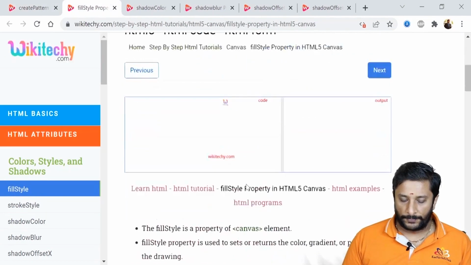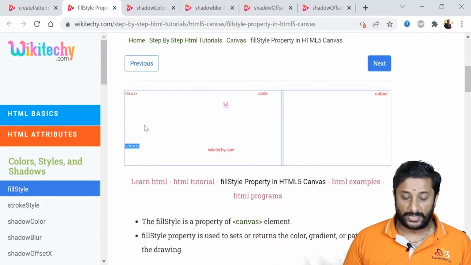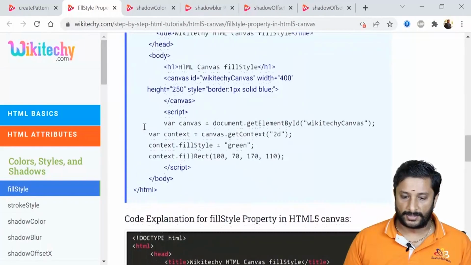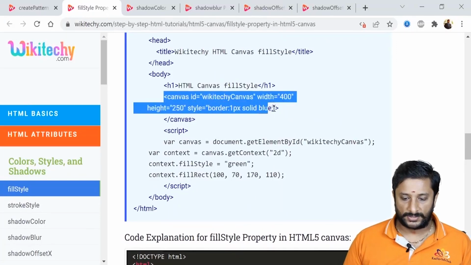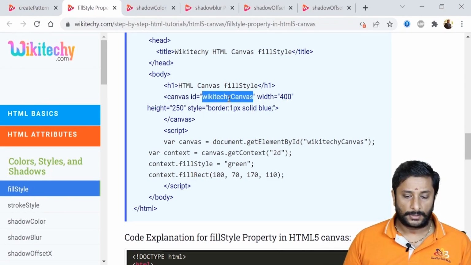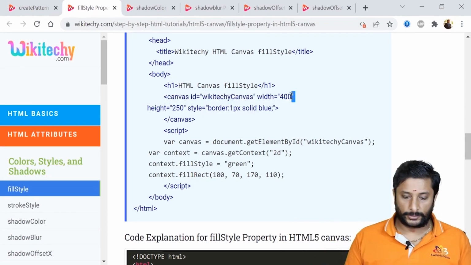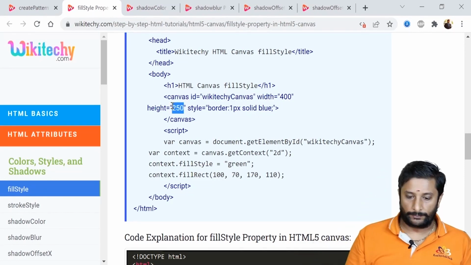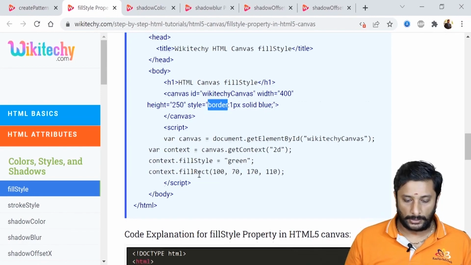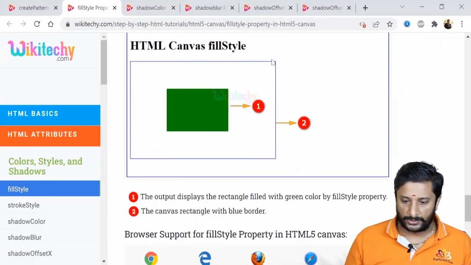So fillStyle. Over here you are able to see I got my HTML, and in the body tag only you are able to give the canvas. So let's move on fast. Over here I got the canvas tag, and the ID of the canvas tag is Wikitechie canvas, and you got the width as 400, and the height as 250, and the border is 1 pixel, solid blue color. So you got a solid blue color here,